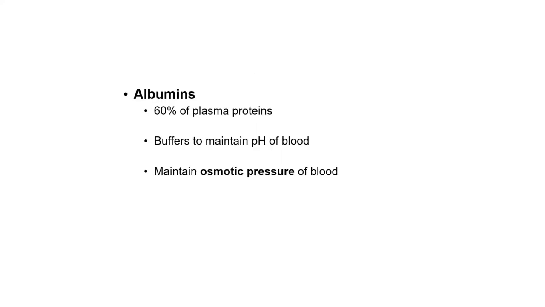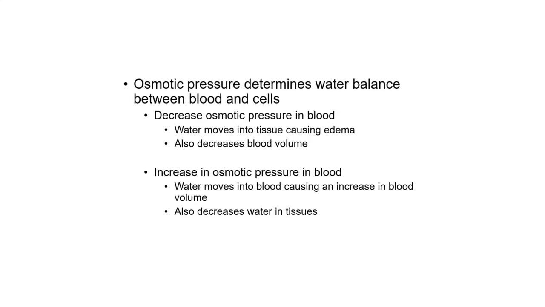So albumins, 60% of the plasma proteins. They help buffer to maintain pH of blood, and they maintain osmotic pressure of blood. Osmotic pressure determines water balance between blood and cells. A decrease in the osmotic blood pressure